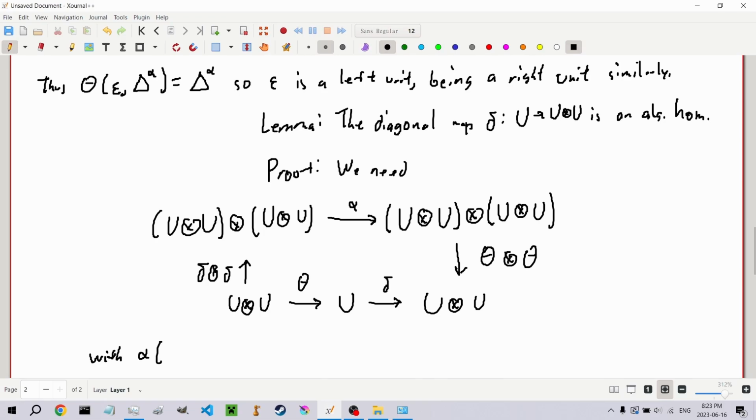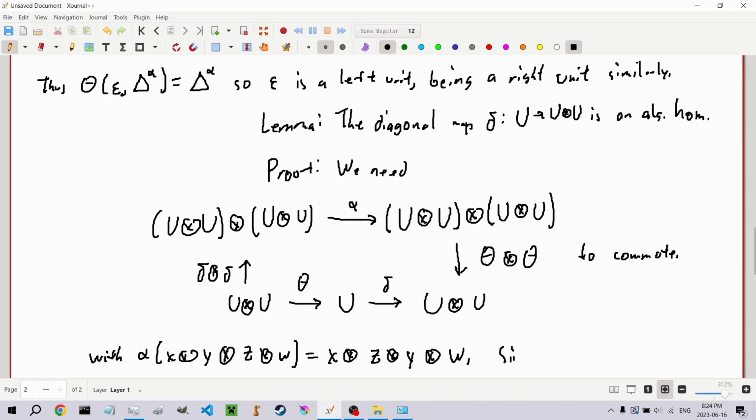With alpha of x tensor y tensor z tensor w, as I said, being the braiding map, so it just swaps these two elements in the middle. I need this to commute. Since all modules here are free,